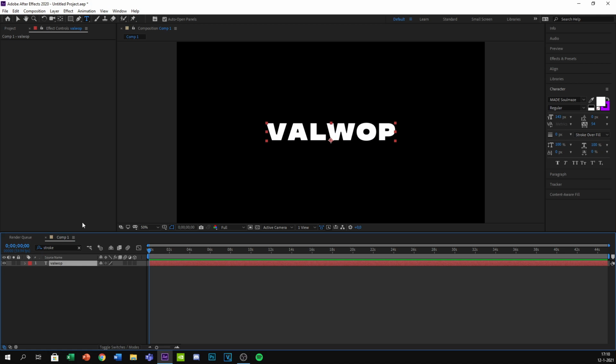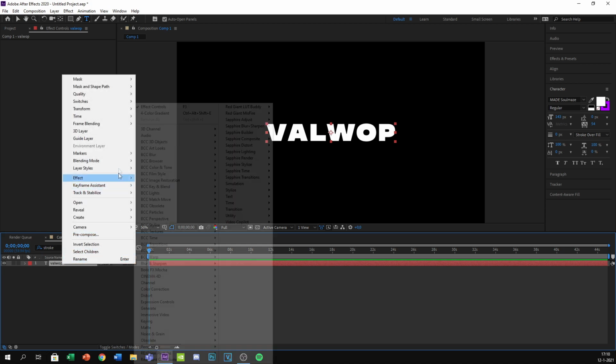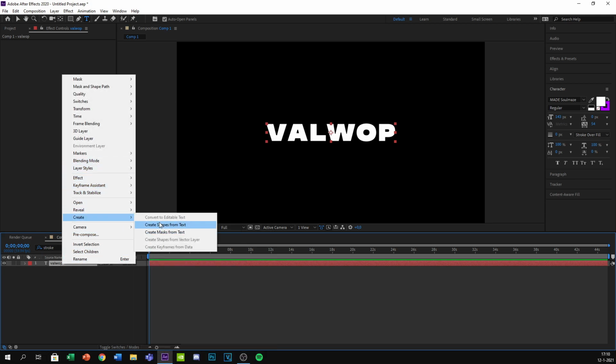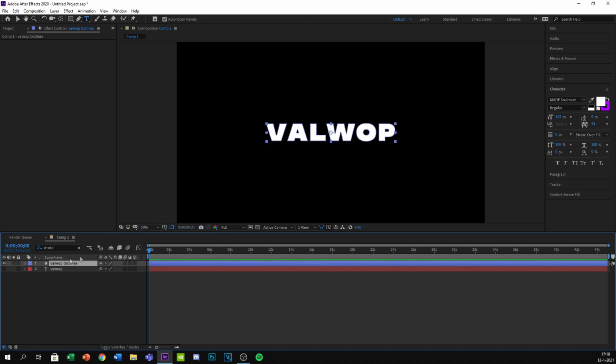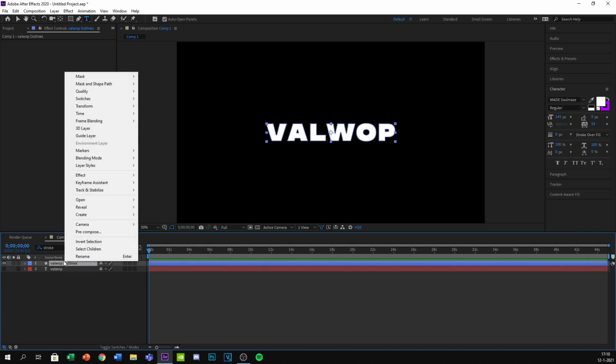Now on your keyboard hold Ctrl Alt plus Home if it isn't centered yet, and then you press Ctrl plus Home, so that it will perfectly center it. After you've done that, come to the left here, right click, create shapes from text. That's the first layer. Leave this for what it is right now.